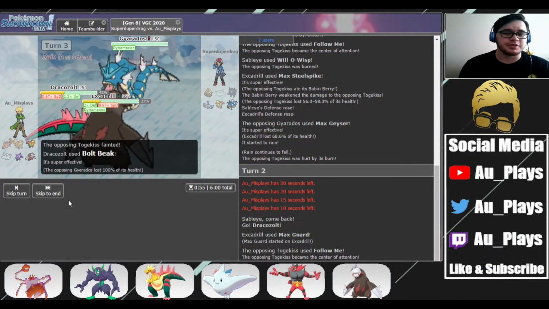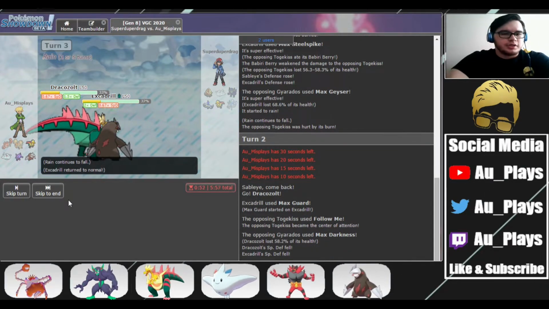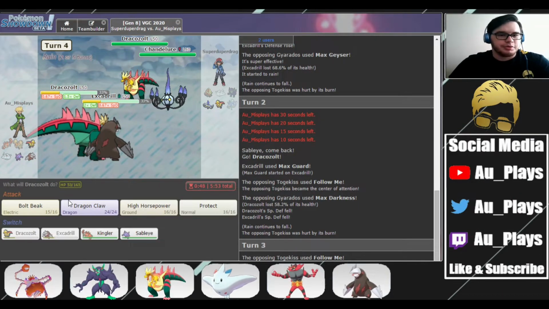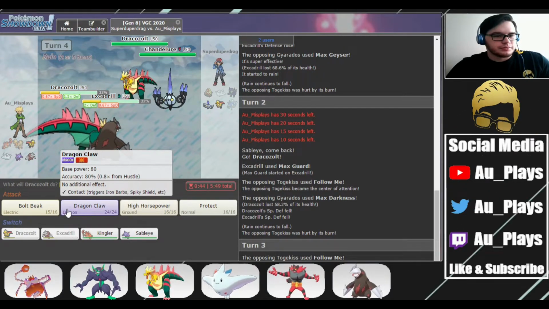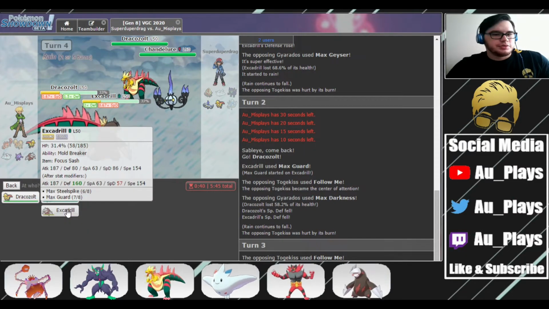Oh, Dracozolt's faster. He was slow. He was a very slow Gyarados. But either way, we put him in a position where he would have had to pick which one he wants to take out there. And here, I'm just gonna try to... I'm going to try to take out the...